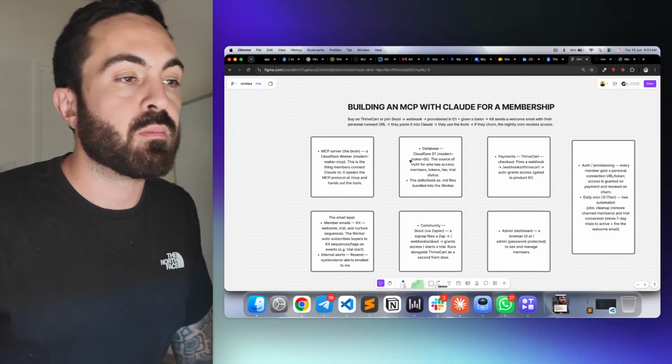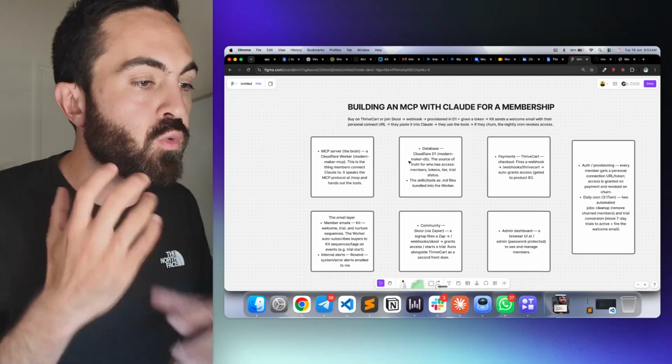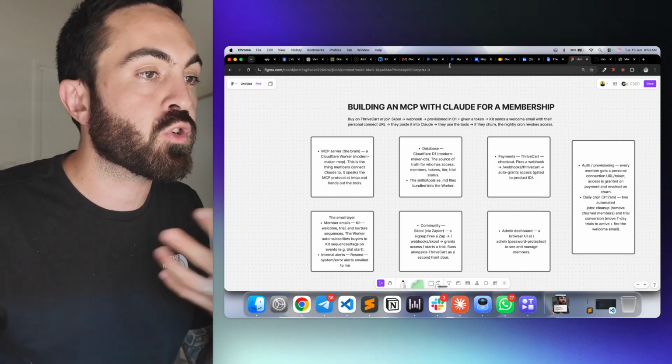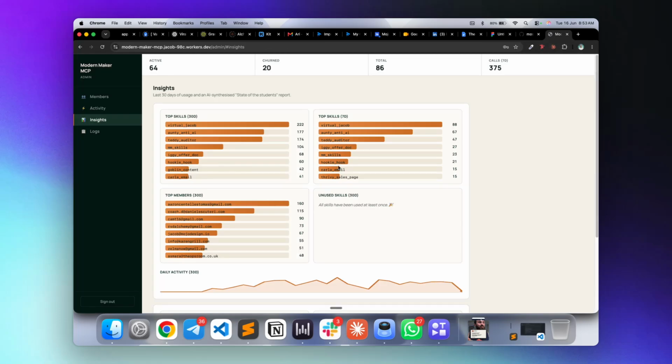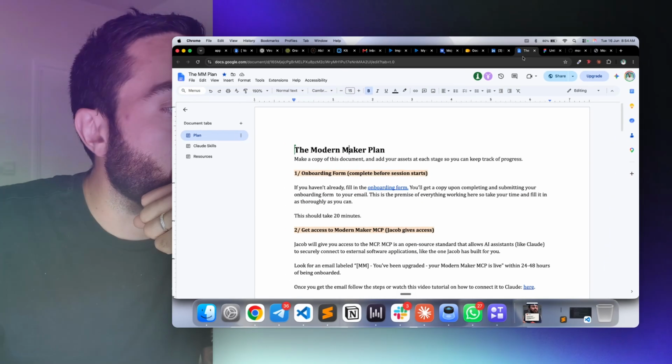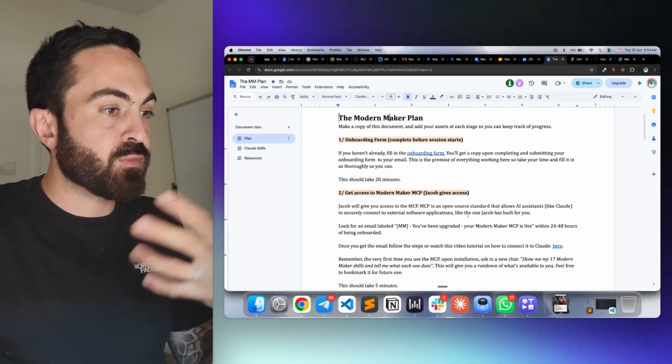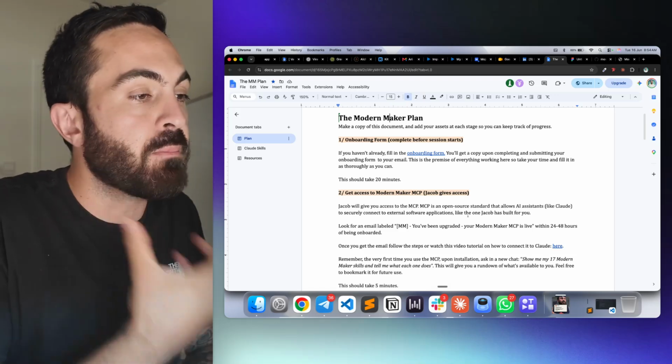So what I'll do is sort of talk through architecturally what happened and then show you a little demo of it. So provisioning all of this, this is the dashboard where you can see essentially all of the users in the back end working. But before we get into all of that, there's a little onboarding form that somebody who